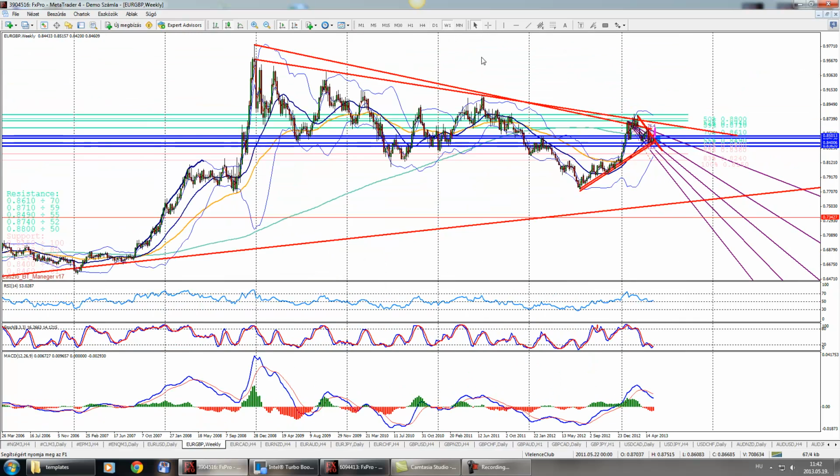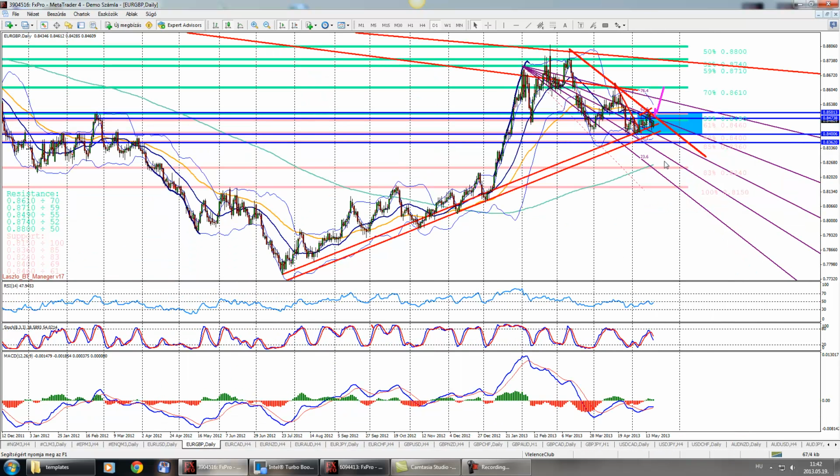The second target is the weekly downtrend line, which is on the candle close, spike, candle close, and also on the candle close. So it looks perfect. Final target, this weekly downtrend line, looks perfect. What we should get is a clear close above the range, a clear close above the 85 retest,